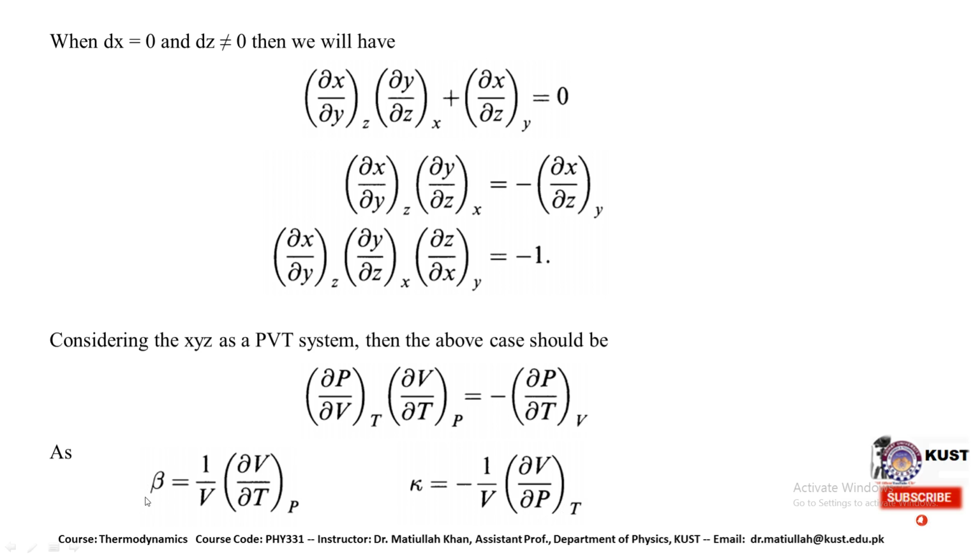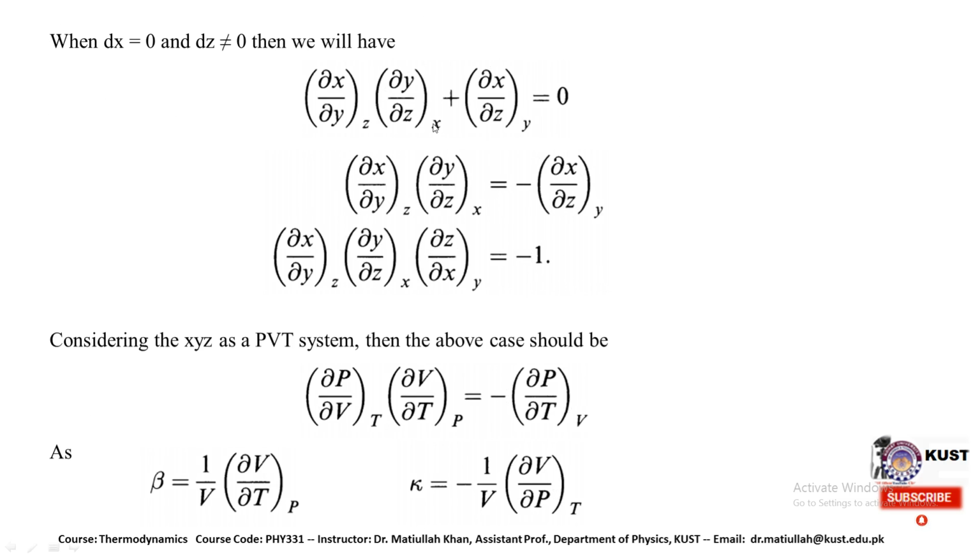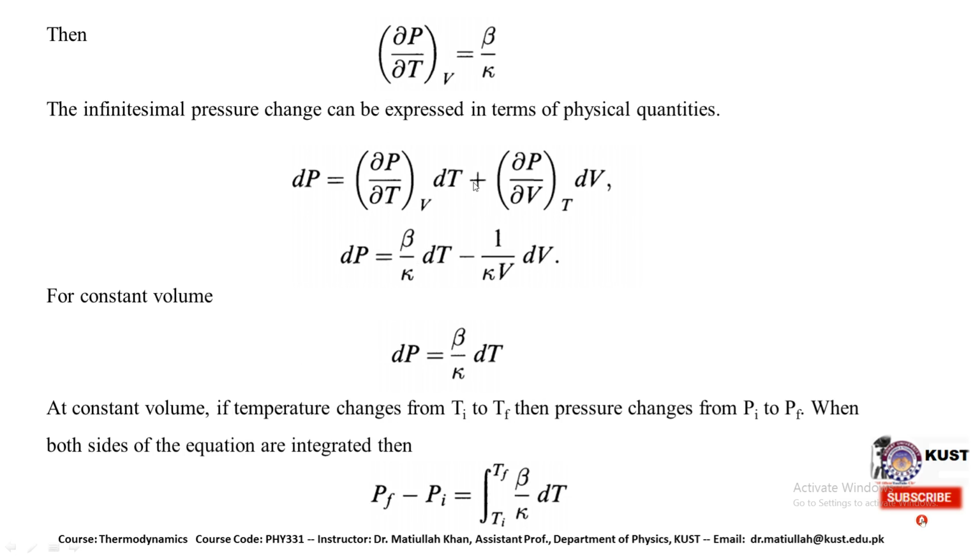The first one is called beta, the volume expansivity, and the second one is the isothermal compressibility, kappa. Putting the values of beta and kappa in this equation, we will have a resultant equation like this: